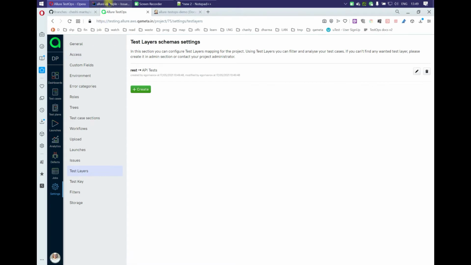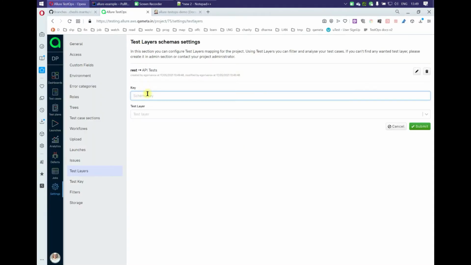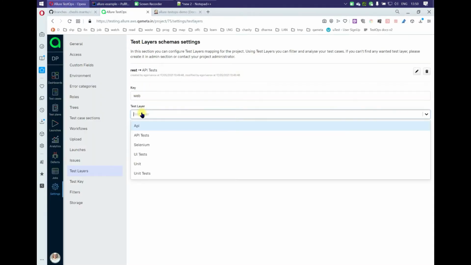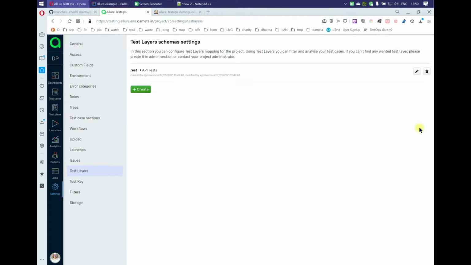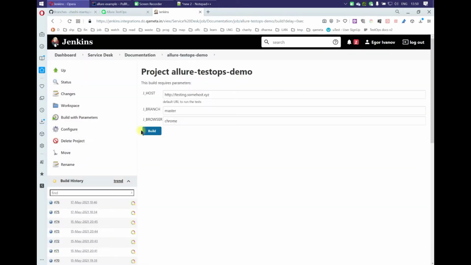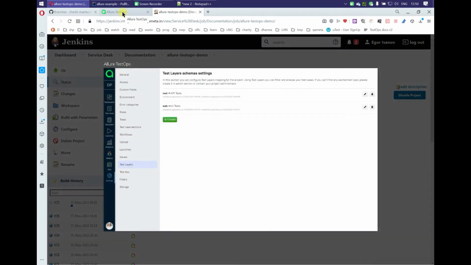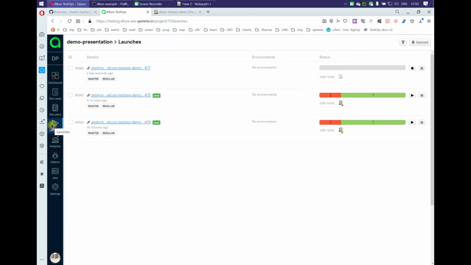Then what else? What do we have here? Here we have layer web, and we need to link it to the global test layer UI test, for example. You can do whatever you want, name it however you want, but you just need to link this. So REST API and web UI. Let's run our tests again. Build. The launches are running,